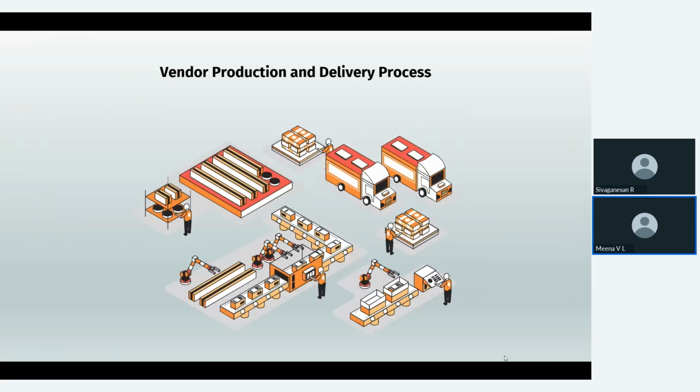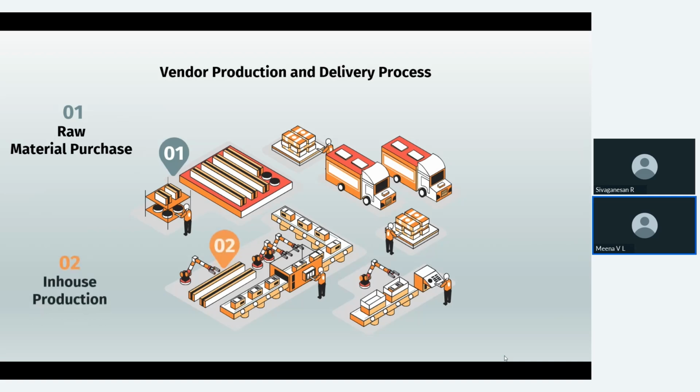As I said, once you place a purchase order to your supplier in your business, what happens? There will be a process before they deliver you the goods, right? I have taken very generic statuses that they cover in their production. This is totally customizable as per your business, but I have considered it at a generic level. Once you give a purchase order to them, to get the order delivered, first of all, they will do a raw material purchase.